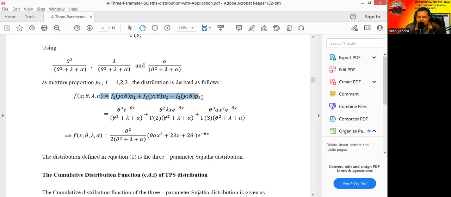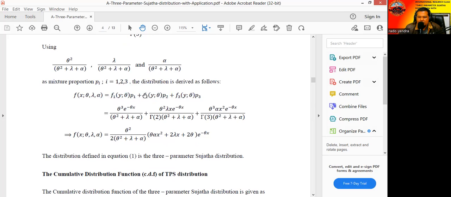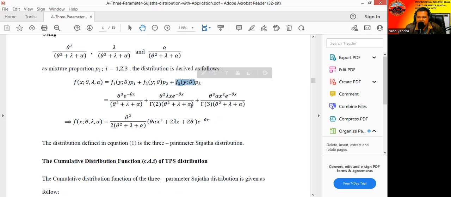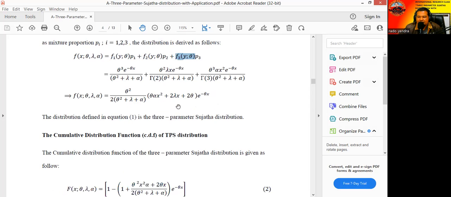Okay, this is the theory of mixture distribution with the first weight we have talked about, and then this is the second weight and the third weight, and this one is for the gamma 1 theta, the exponential, and this one for the gamma 2 theta, and this one is for the gamma 3 theta. You can check here, and then we use simple mathematics. We will find the density function for the three parameter Sujatha distribution is